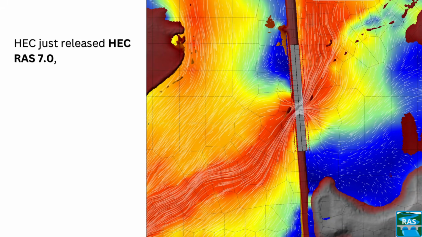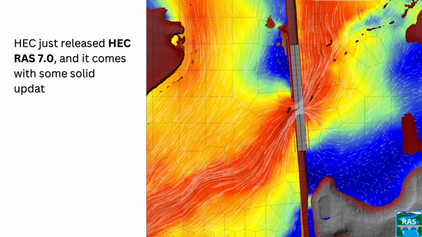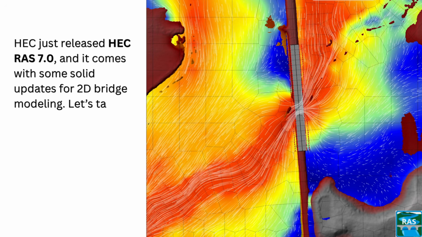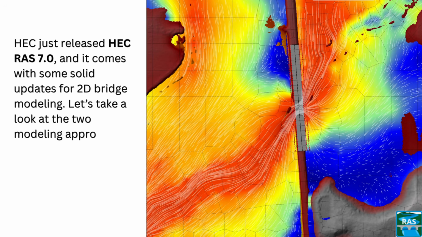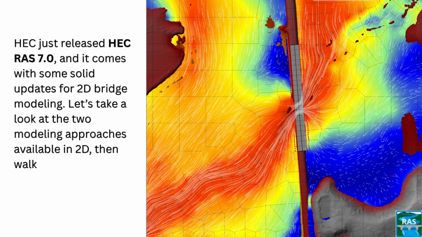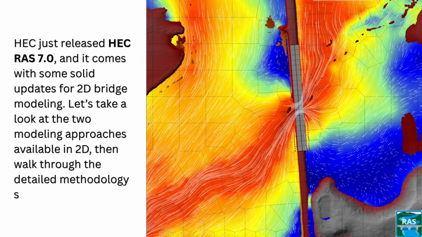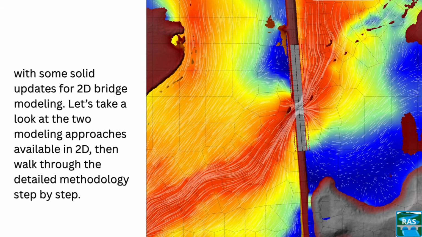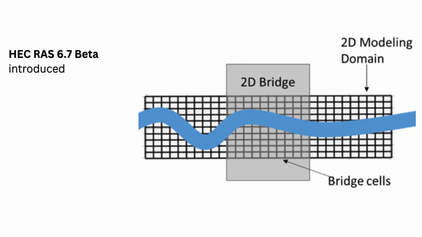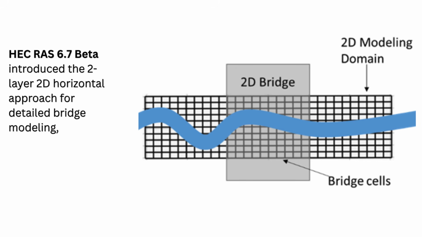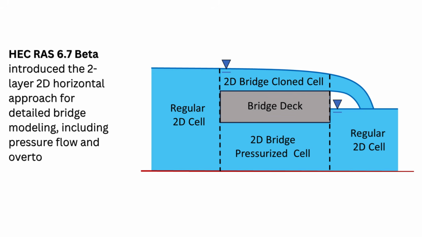HEC just released HEC-RAS 7.0, and it comes with some solid updates for 2D bridge modeling. Let's take a look at the two modeling approaches available in 2D, then walk through the detailed methodology step by step. HEC-RAS 6.7 Beta introduced the two-layer 2D horizontal approach for detailed bridge modeling, including pressure flow and overtopping in